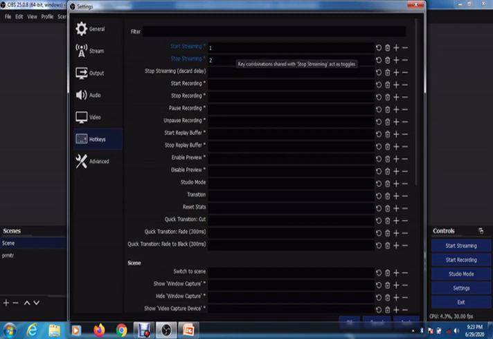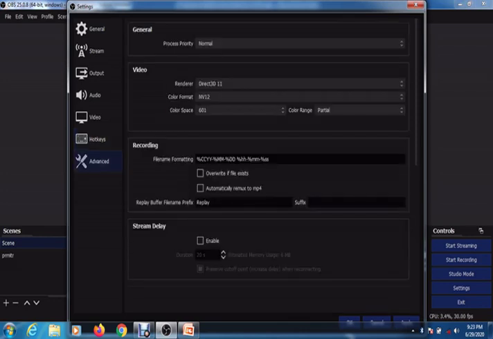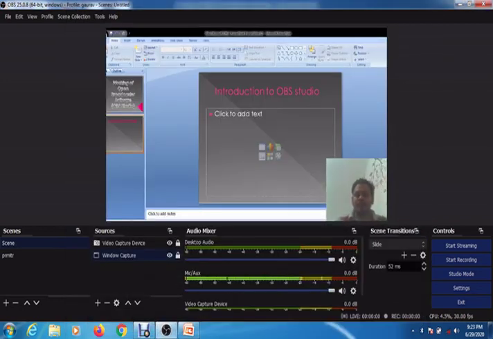They are provided to the user if they want to give shortcut keys instead of using the default options in OBS Studio. If the user wants, they can mention the shortcut keys in the hotkeys itself and use them in that manner. In the advanced section we are not much concerned, so I am just clicking apply and OK. Now the settings are applied.